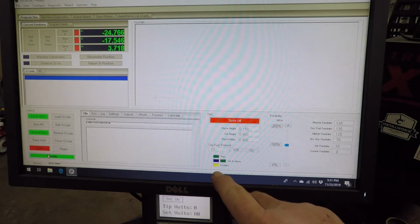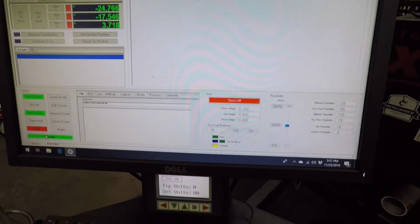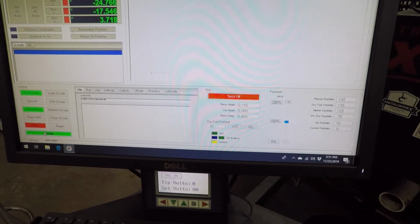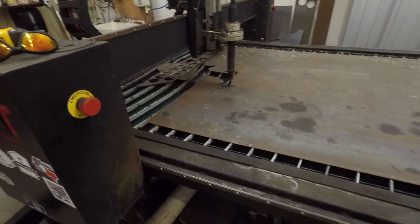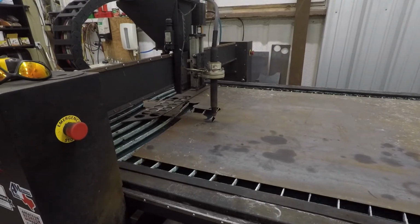See the little yellow contact button here? Not sure how well you're seeing this, but I just turned this on and the yellow contact button's on. Someone was having trouble with their machine the other day, so I haven't used this machine much in a while, so it's pretty dirty. But this will happen to you anyway. See if I can show you